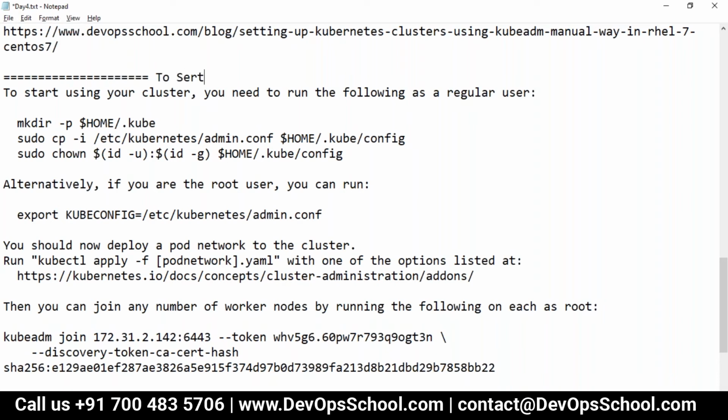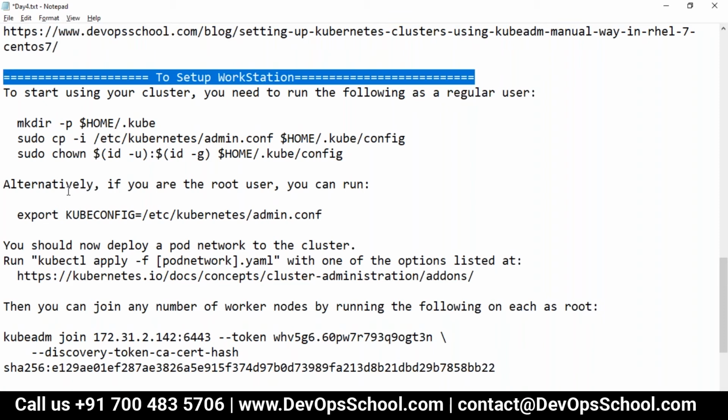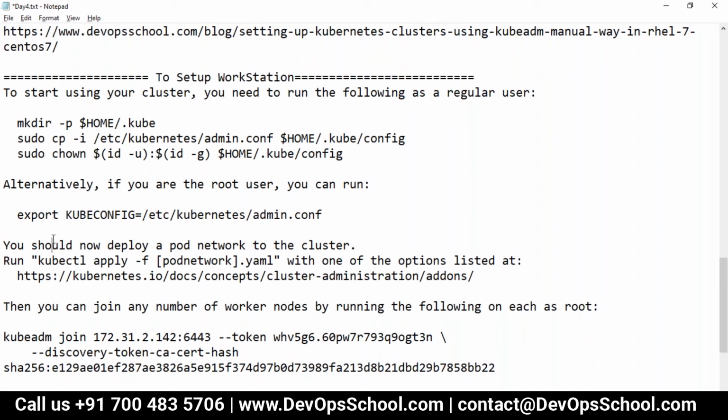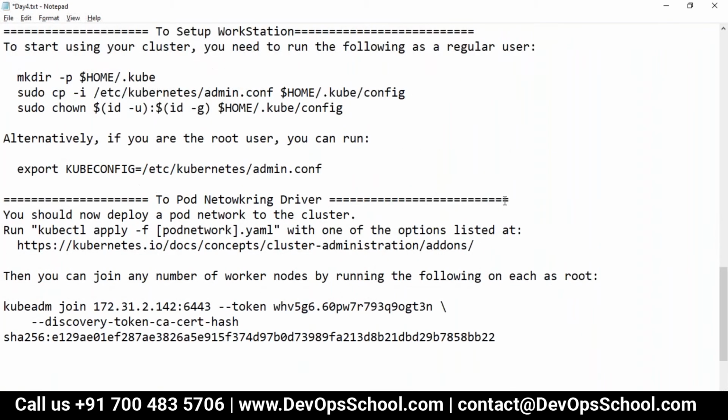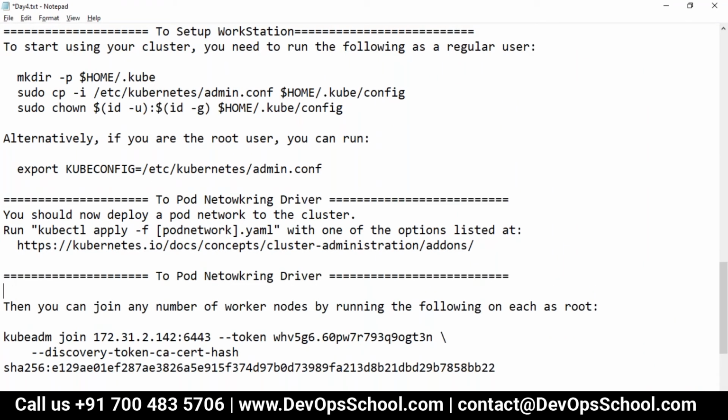This one section is to set up the workstation. Read this, these are Linux commands only. You can understand this. This is for the workstation, and this is for the pod networking driver or policies, we can call it, and this is for the K8s worker.